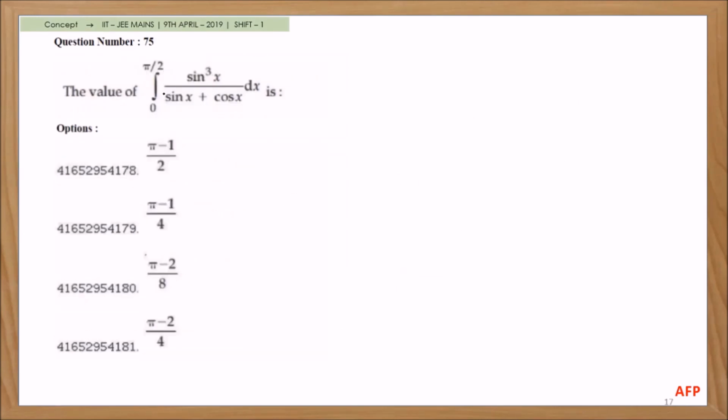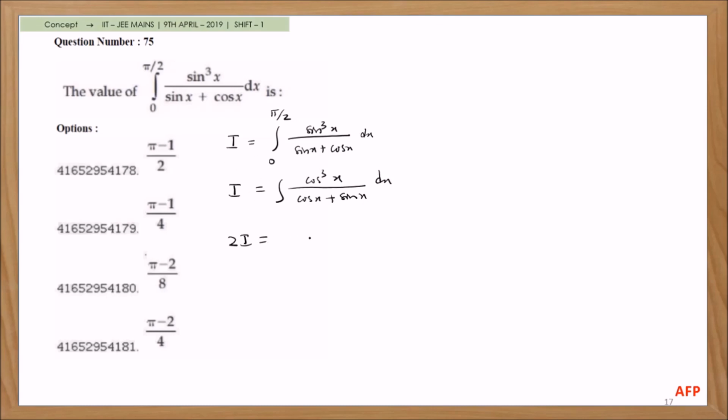Next problem. So this is a definite integration. We have to find the value. So first we will take I = integral from 0 to pi by 2. If you use the integration property, I = sin^3(pi/2 − x), that is nothing but cos^3 x, divided by the denominator also sin(pi/2 − x), cos x you will get, and cos(pi/2 − x), sin x you will get, dx. Okay, adding these two you are going to get 2I integration. Your limits are there, don't forget to write the limits, 0 to pi by 2.